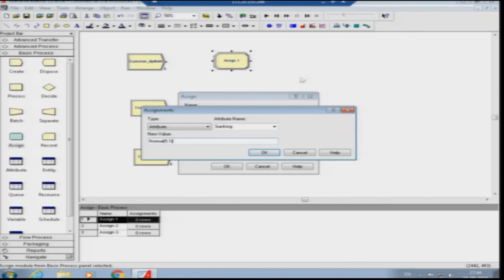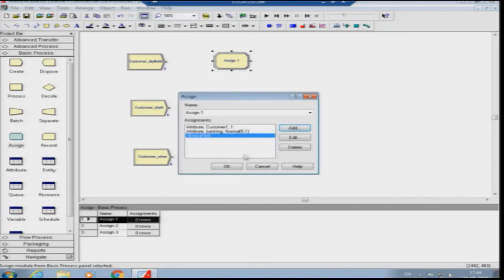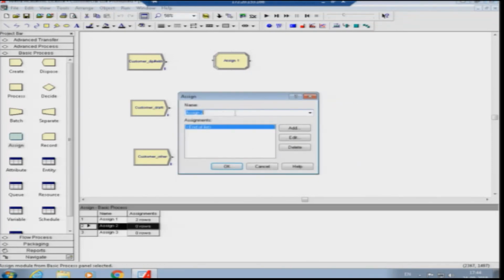It is normal 5, 1: the processing time for this particular customer is normally distributed with a mean of 5 minutes and standard deviation of 1 minute, to repeat the thing again.